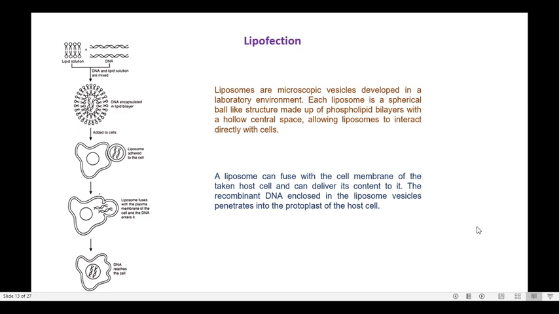The basic protocol involves combining the DNA and lipid solution. It will form a complex called lipoplex, where DNA is encapsulated in the lipid bilayer. When we add this lipoplex to the cells, it will adhere to the plant cell and the liposome fuses with the plasma membrane of the cell, and using endocytosis, the DNA enters into the cell. Then the DNA reaches the nucleus so that the transgenic protoplasts and the transgenic plants can be developed.